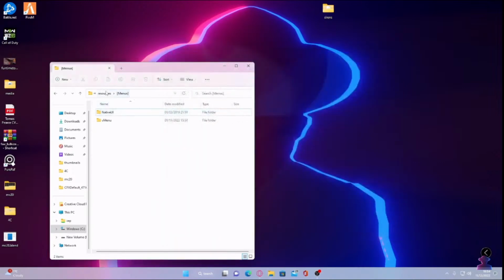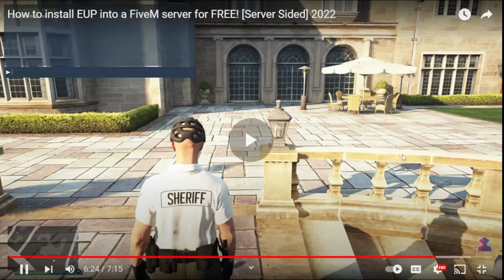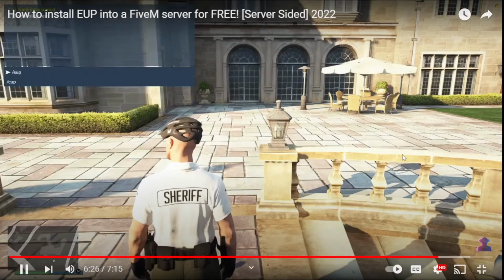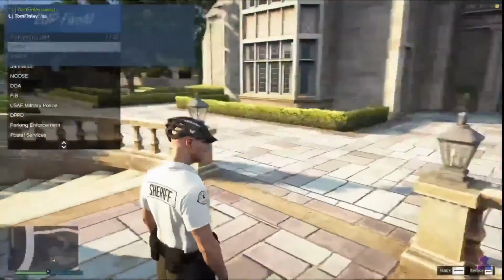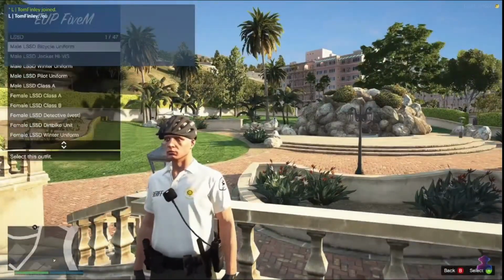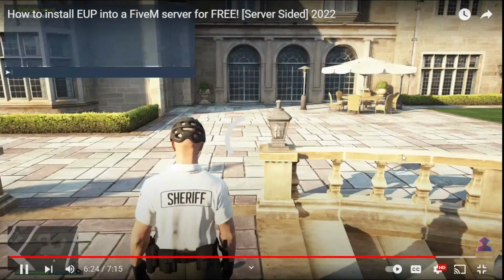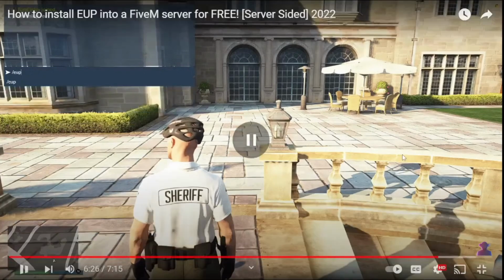And from here, pretty self-explanatory. All you guys are going to do is start up your FiveM server. Once you guys are in your server, all you guys are going to do is type T and then a /EUP. And you should be able to see here that your EUP menu will start up. And from here, you can select all your different type of EUP